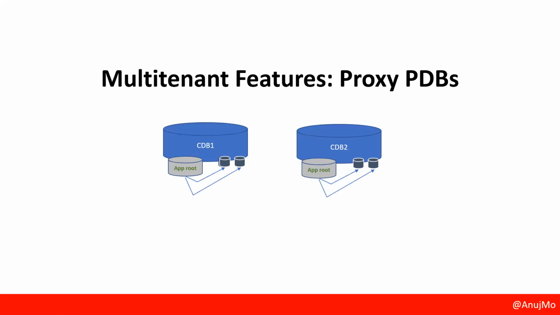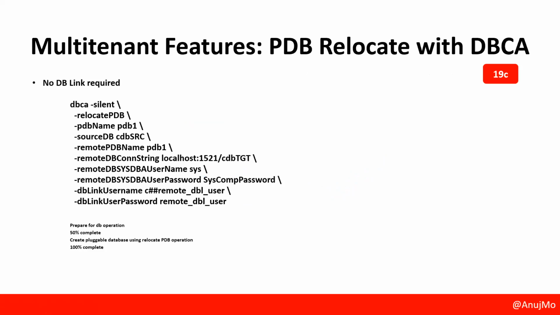Then there is another concept of proxy PDBs. The app sync feature only syncs within the same container. So all you need to do is create a proxy PDB for your app root. So if you have your application clones here, then you need to create a proxy PDB for the app root from CDB1 to CDB2. So there will be a proxy running here, and then this will become a local copy. So you can run your sync. 19C gave some